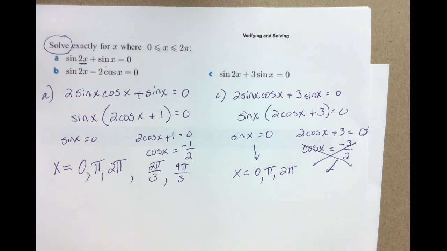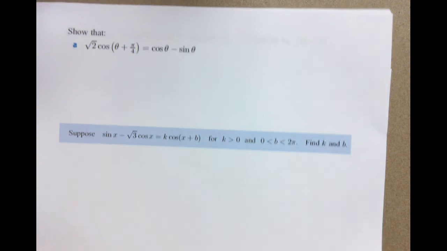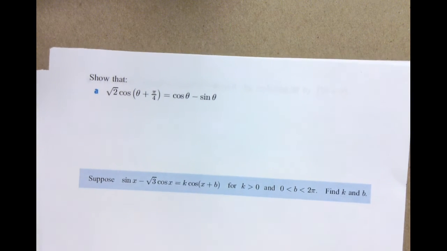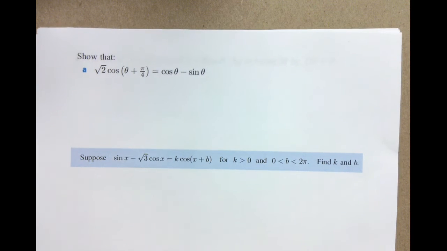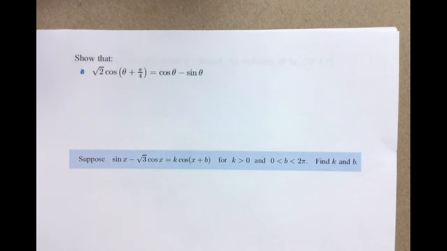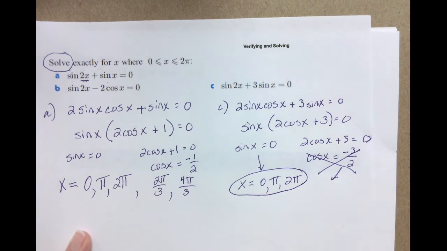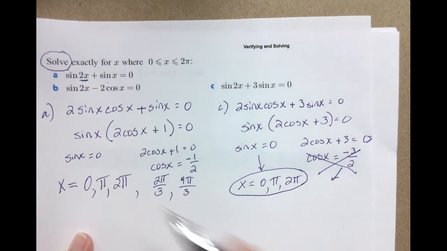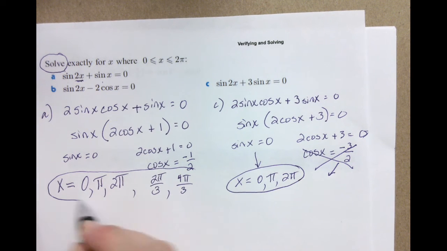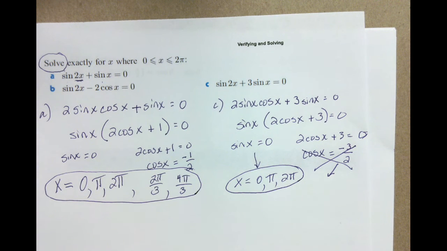Okay. Now for the proving. Miss Y. Yes. So for that, X can still equal 0, pi, and 2 pi, right? Yes. For this problem, these are my solutions, and there are no more other than that. Got it. Whereas in this problem, these were all solutions. Yeah. Okay, that's a little much. Can you do like